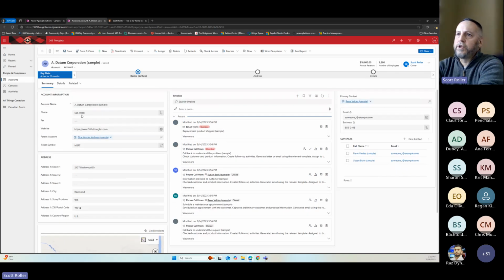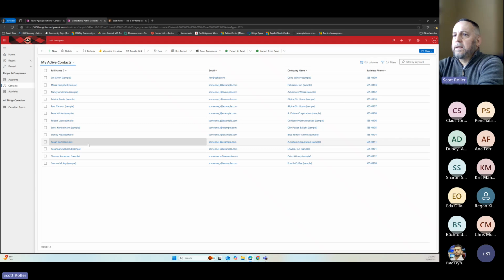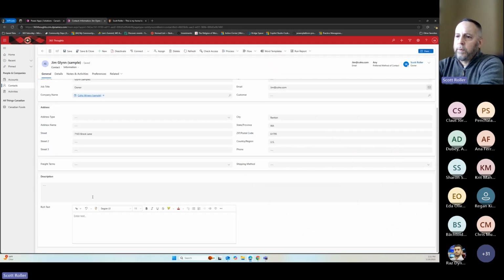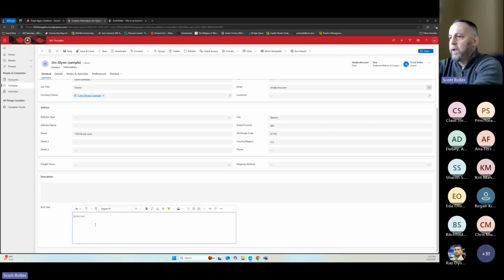Last thing that I wanted to show for text types is, let's go back to the contact, down here at the bottom. We have a couple different ways to have a big mass multi-line text field. One of them is just a standard one like this description, where you can start typing text in, and it doesn't give you any kind of controls over the text. It's just a big mass text field that you can use however you want to. Or you can choose a rich text field, which will give you all these controls that you have up above. You can still type in